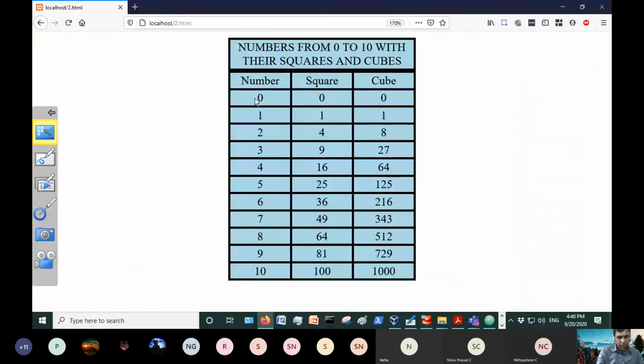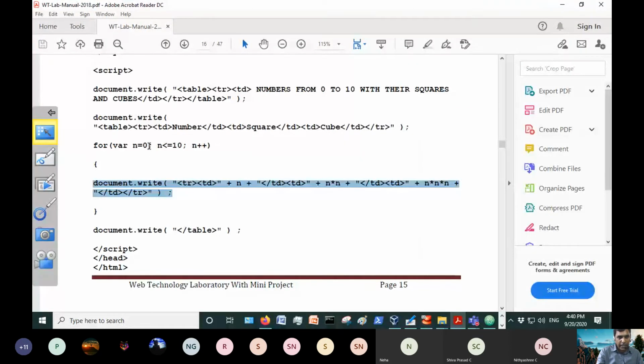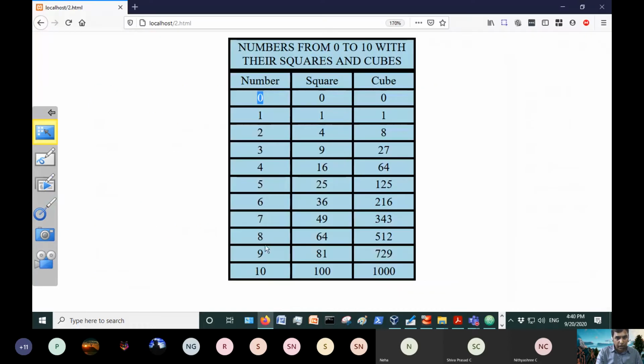So it will display 0, 0, 0, because n is 0. In the next loop, n will be incremented by 1, so it will take the value 1, and 1 square and 1 cube are all 1. Like that, up to 10, the for loop will be executed. And finally, don't forget, after all the 10 rows are completed,